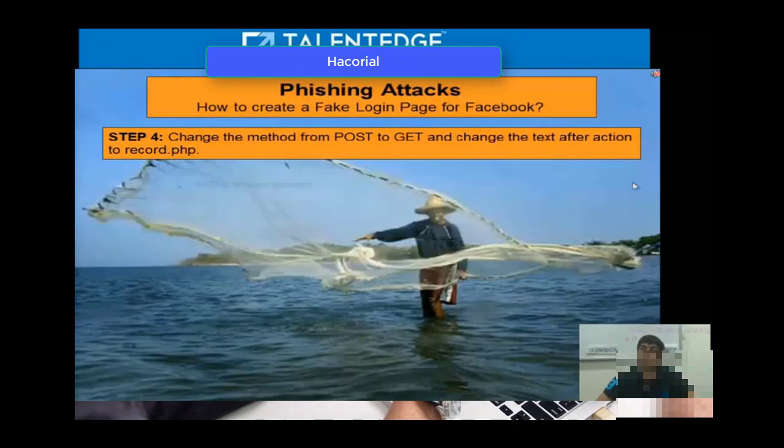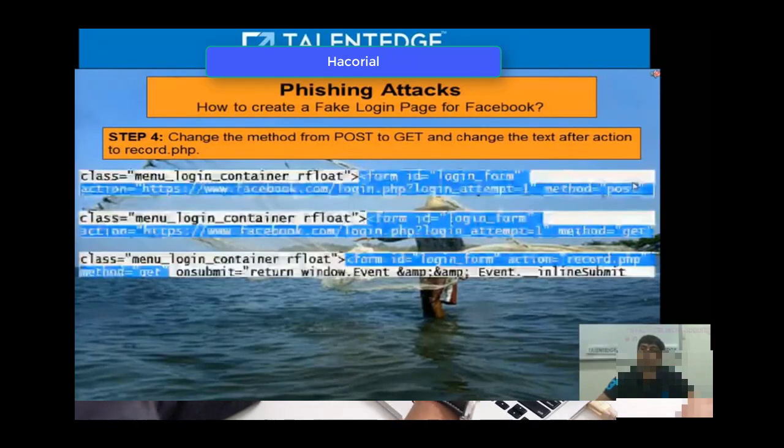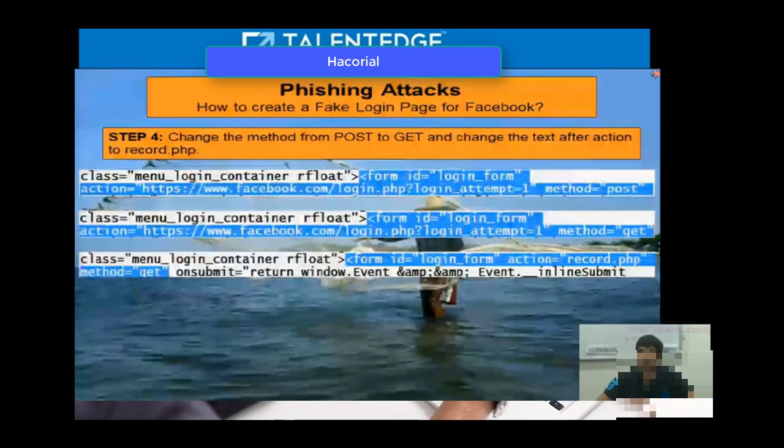Second screenshot, end of second line is method is equal to get. So that's the first change that you have to make. The second change that you have to make is that